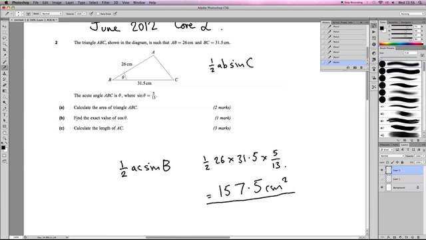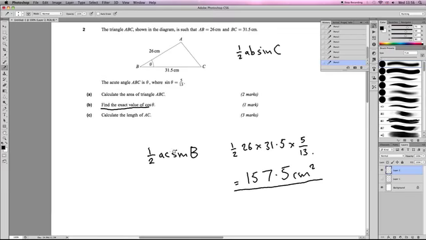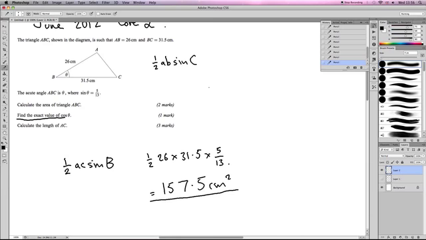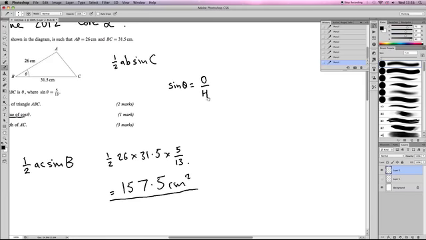It then asks us for the exact value of cos theta. So this is quite a weird question actually. It's only worth 1 mark. So sine is equal to basically opposite over adjacent. So what we want to do is we want to find cos, which is going to be